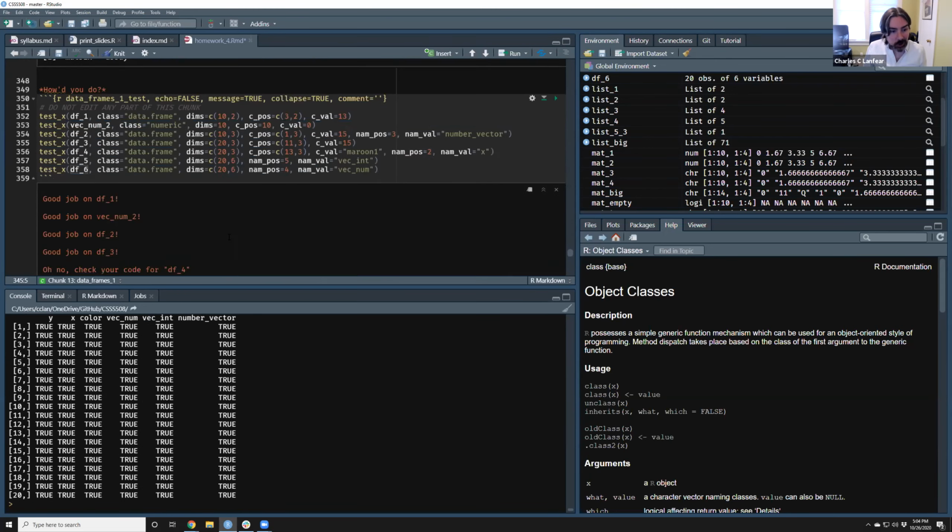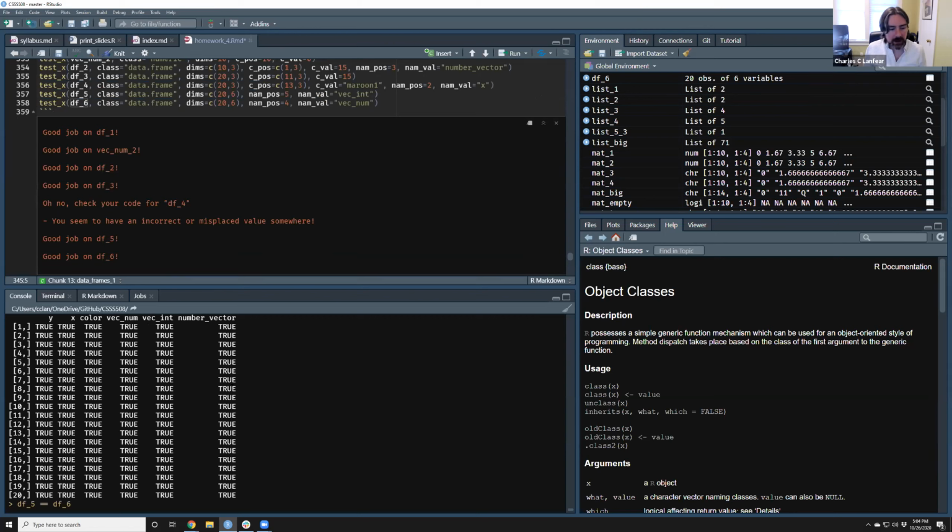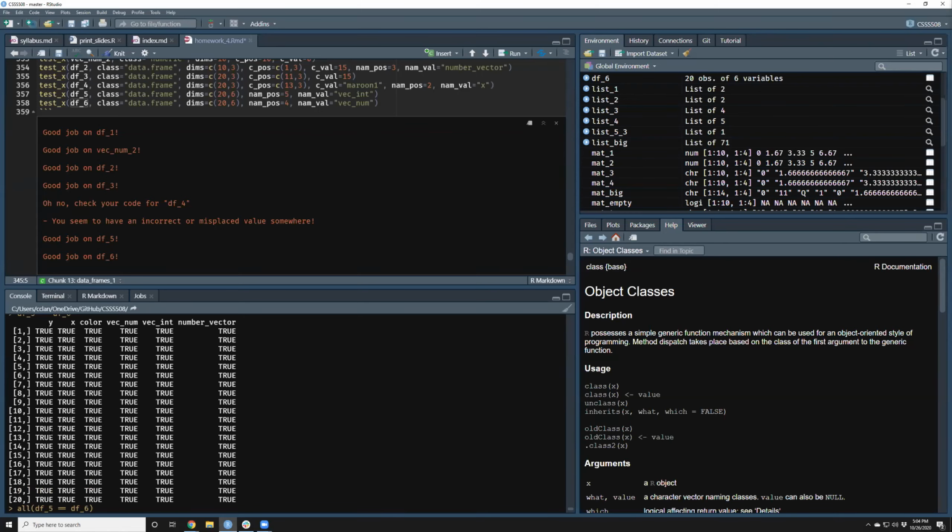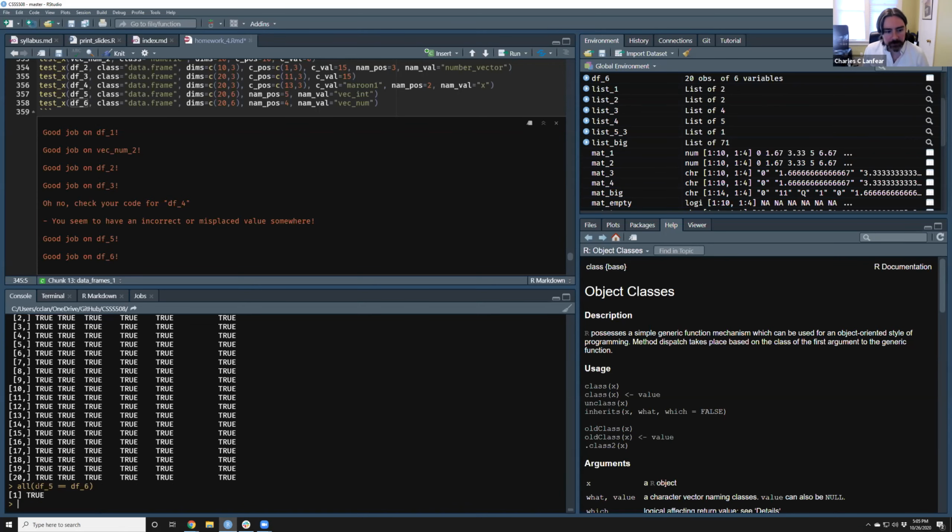But what you can do is, let's say what I want to know is, are all of these values true? I say all true. What this says is, this is going to look down every single column, every single row for trues. If it encounters any false, this thing is going to return a false. So the all statement is a way to convert lots and lots of trues and falses into a single true or false.